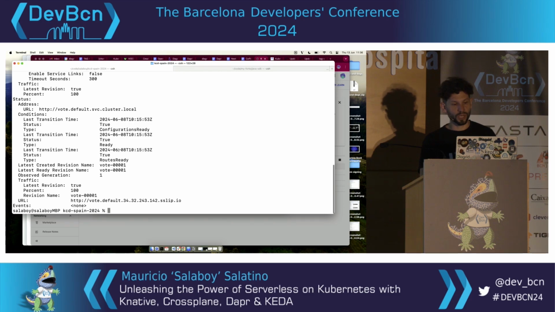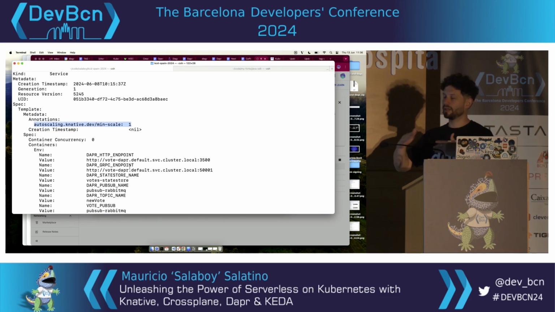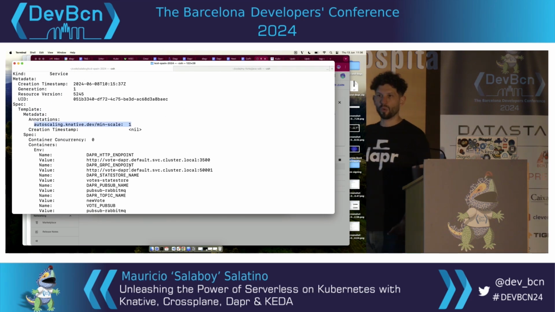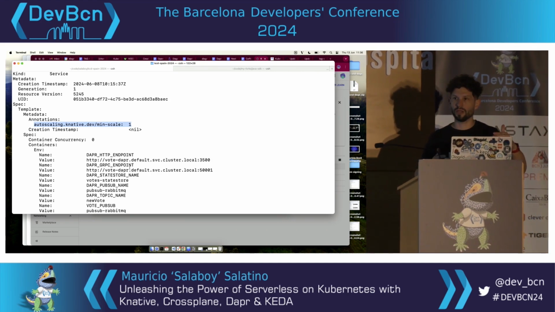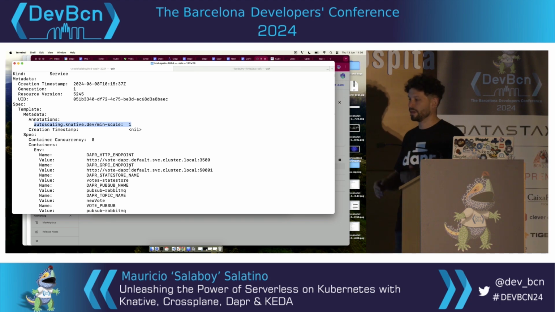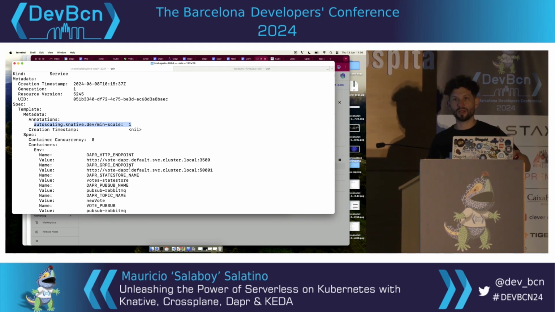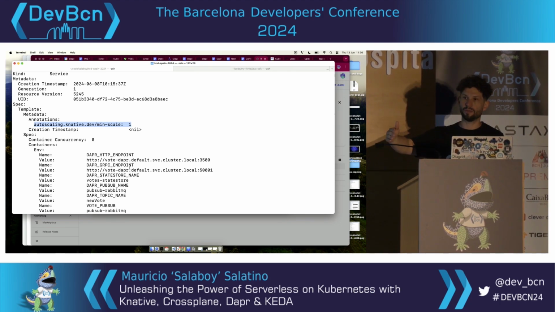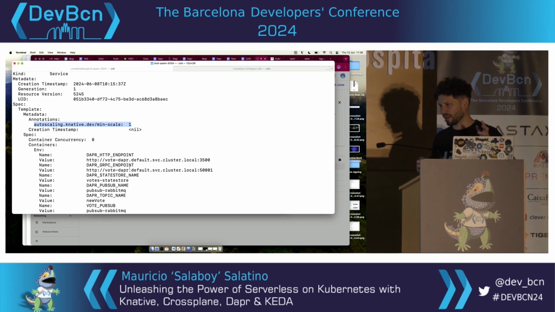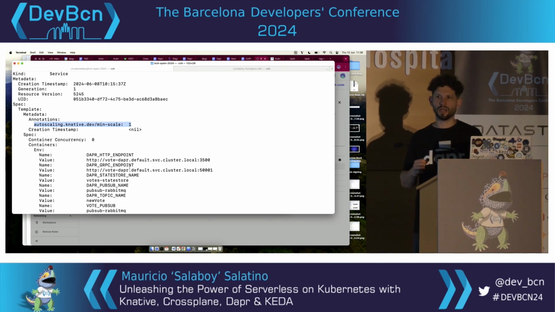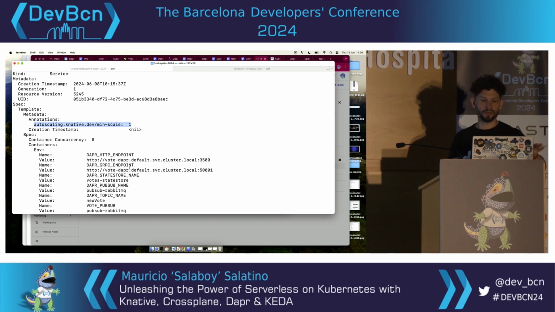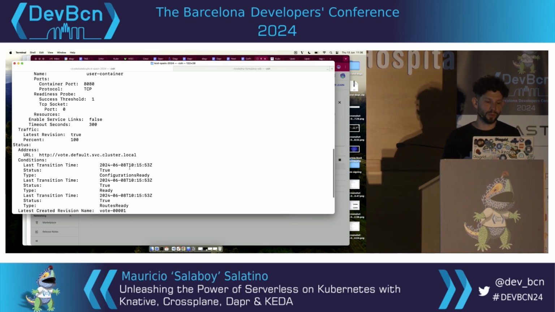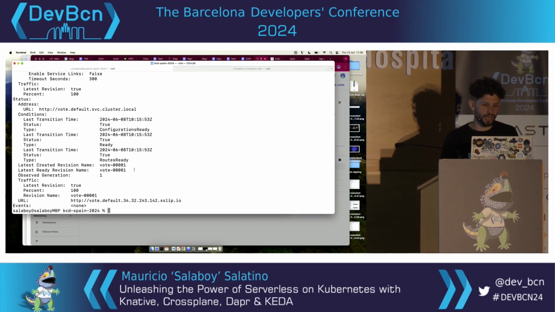Also, in Knative you can define how many requests per second your application is designed to handle. So you can say, this container can handle 100 requests per second. If I'm getting more than 100 requests per second, I will need more replicas, so I will need to scale up. So you can fine-tune when new replicas will be created. A common misconception is thinking that one pod, one container, will handle a single request at a time, and this is not the case. Your container can handle multiple requests at the same time, and you can define when to scale up and when to scale down.